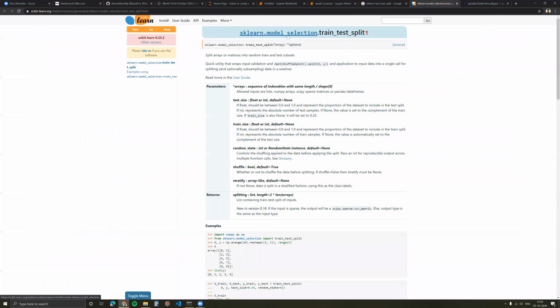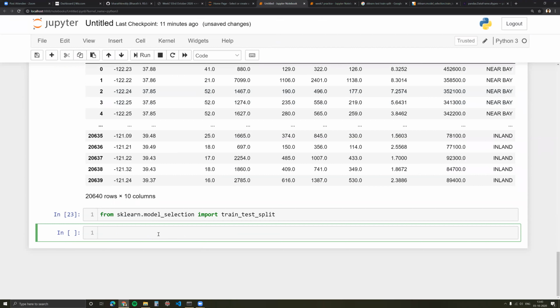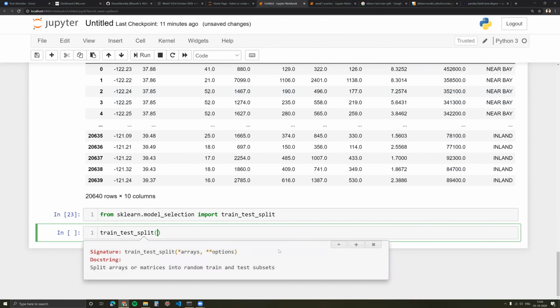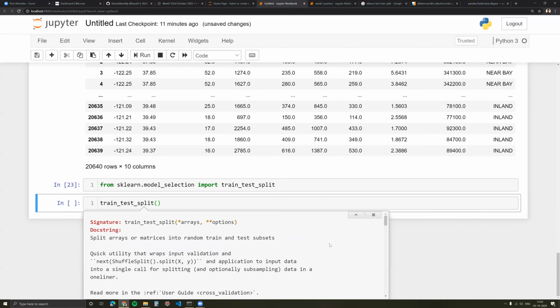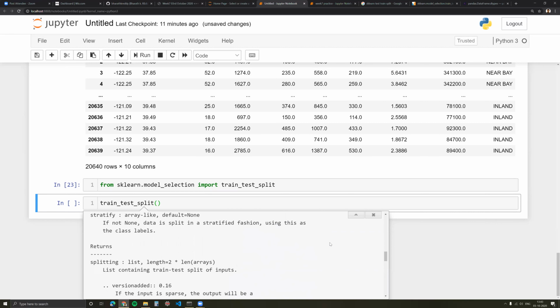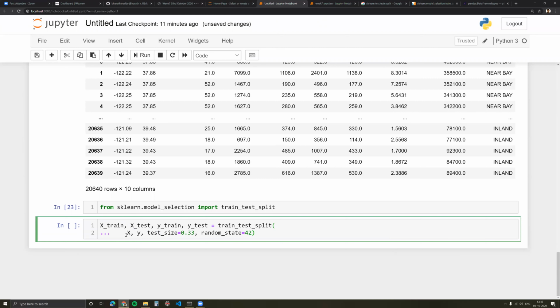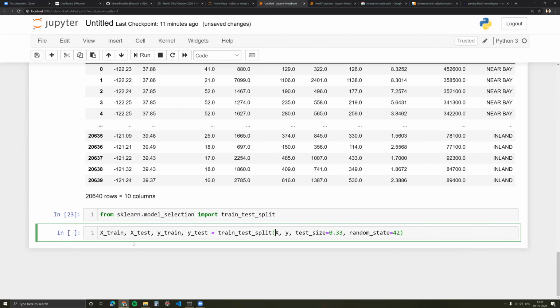So this says it is in model selection, train_test_split. Now how do I use it? I would just read the documentation. Usually it gives an example, so instead of typing everything, I save my time.